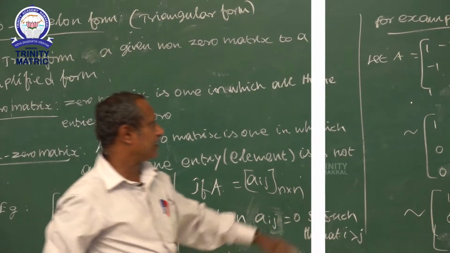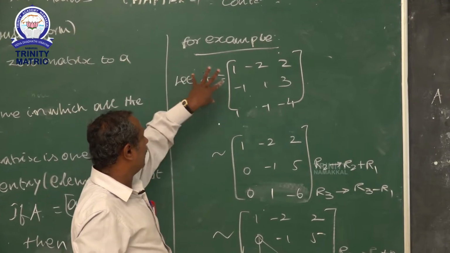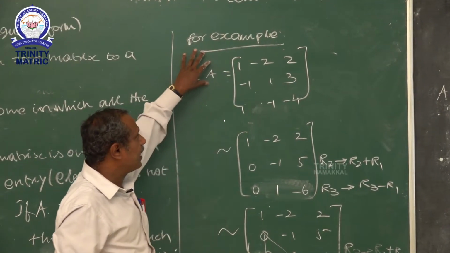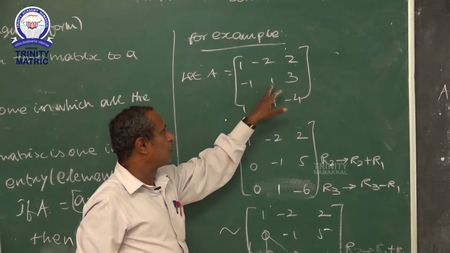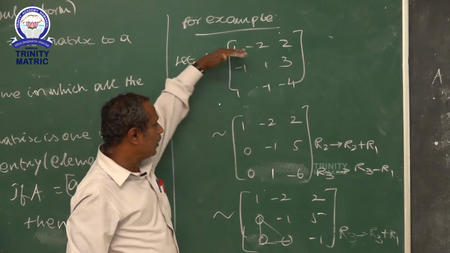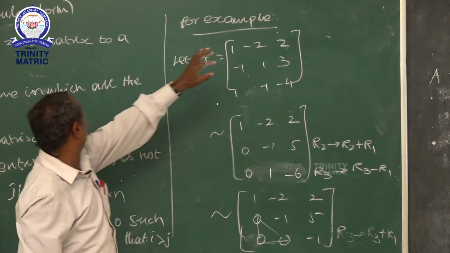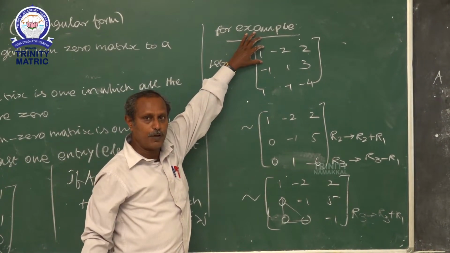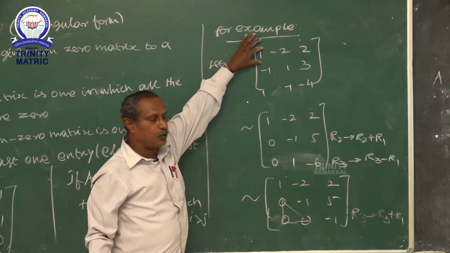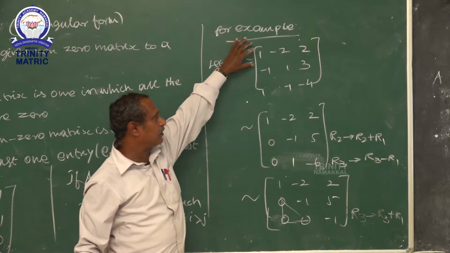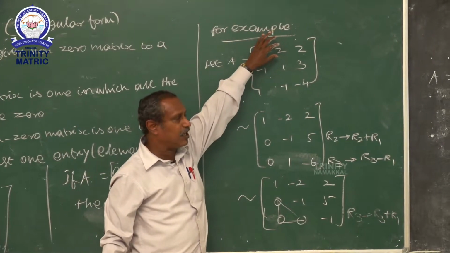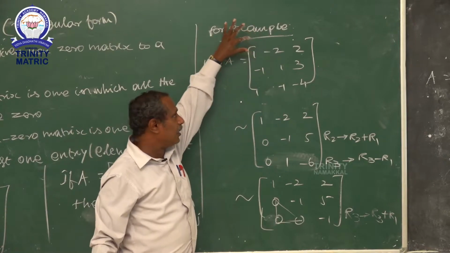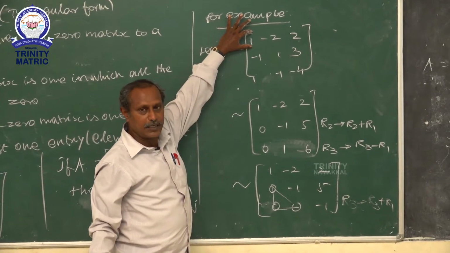Method. Next, we move on to one example. Take one matrix A equal to [1, -2, 2; -1, 1, 3; 1, -1, 0]. Suppose we are doing the row echelon form, always try to keep the first element of the first row as 1. Otherwise we can still do it, but fractions will come, and simplifying the fractions is a little bit difficult. So try to keep the first element as 1.